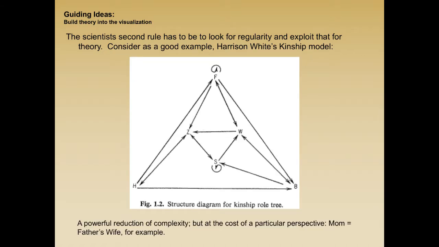So from ego's point of view, my father's father would be my grandfather, my father's father's father my great-grandfather, my great-great-grandfather. My aunt would be my father's sister. My great-aunt would be my father's father's sister, right? And so you can imagine going through this set and figuring out each piece.